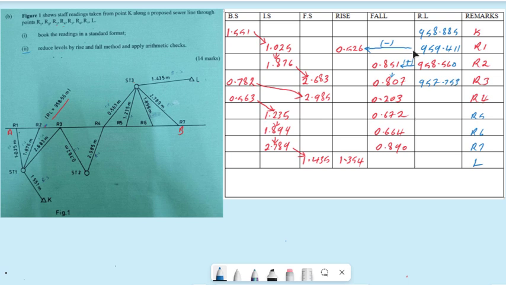957.753. Then 957 minus 0.203, this one will give me 955. Remember, I'm subtracting because they are all falls. If it is a rise, I add. So I subtract this one too. I subtract this one too. So 955.55 minus 0.672, and this one will give me